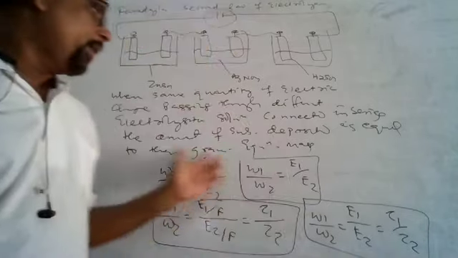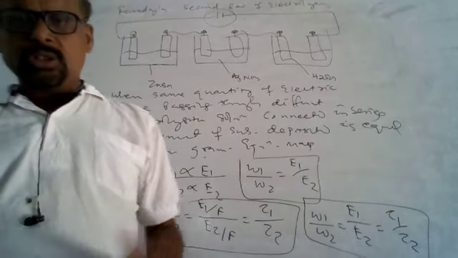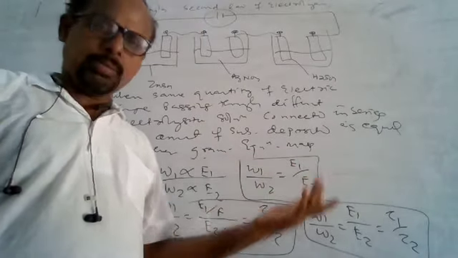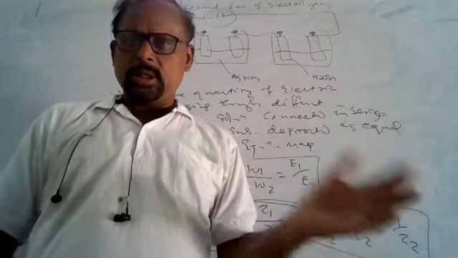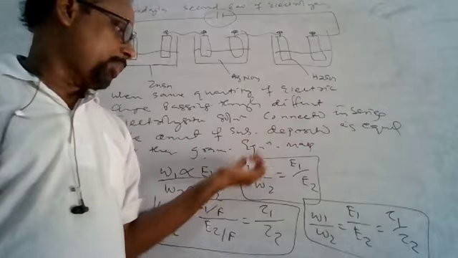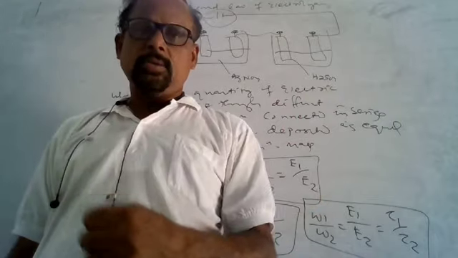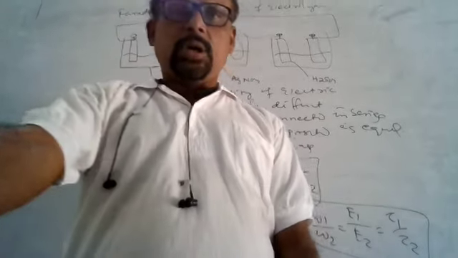This way you can determine the law of electrolysis. This is the fourth parameter, mass. Normally W1 will be given and W2 can be calculated. That is not very difficult. That is also related to the first law. On the basis of the first law you can calculate W1, and on the basis of the second law you can calculate W2. I hope you understand it perfectly.